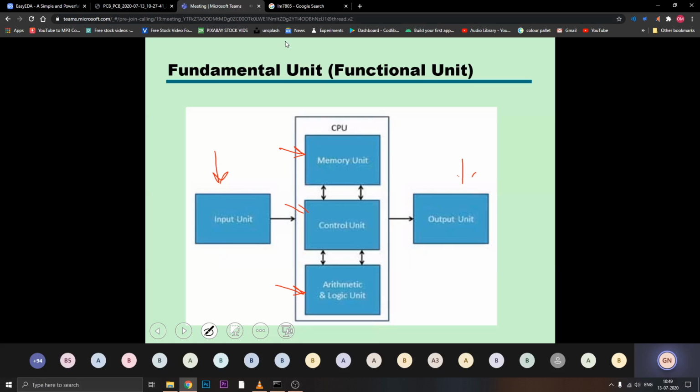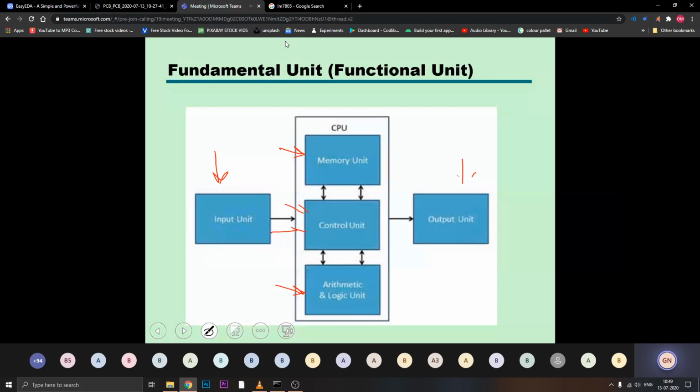We know that computers accept encoded information through the input unit, and there are different input units or devices we can come across. A basic example is a keyboard, right, or a mouse. Whenever I press a key on the keyboard, a particular electric signal is sent from the keyboard controller to the CPU. So you can see that from the input unit the arrow is always in the inward direction.